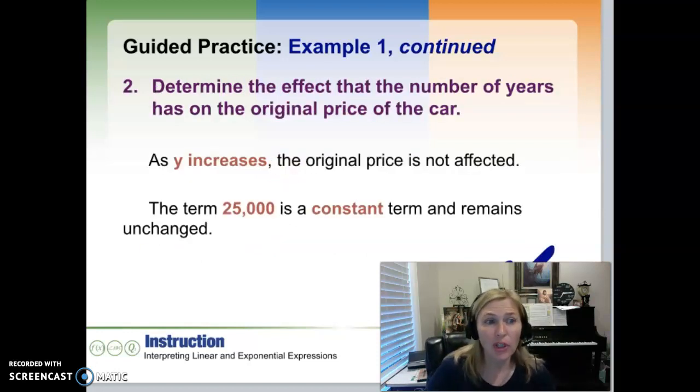Now, number 2, it says in our book, determine the effect that the number of years has on the original price of the car. So as y increases, the original price of the car is not affected. It doesn't matter. It still was $25,000 when she bought it, right? That was the original price. So the term 25,000 is a constant term. Did you like that? Constant term. Okay,